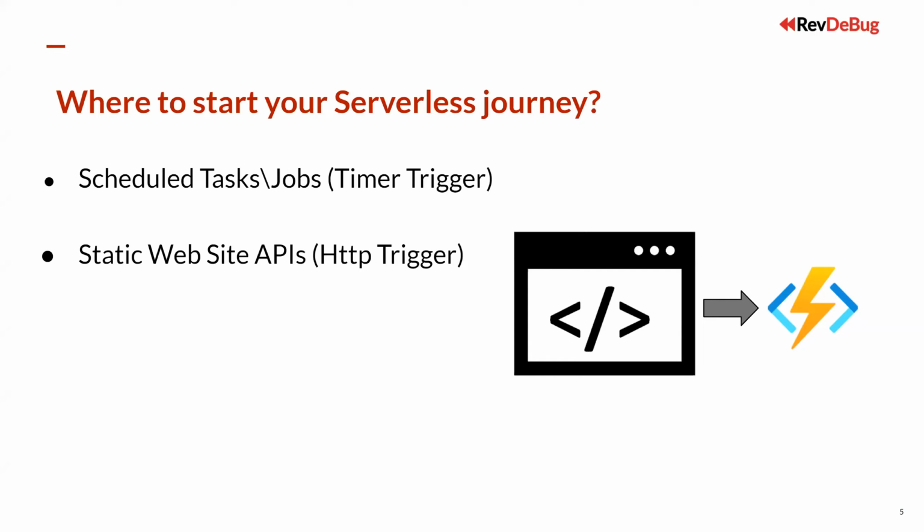But at the end of the day, those static web APIs is a really good low-hanging fruit, right, to be able to make use of Azure Functions, make use of serverless. And once again, we're gonna get all those benefits we talked about a minute ago, right? We're gonna have the scale if we need it, but it's also gonna be really cheap, especially if you deploy a statically compiled website in React or Vue,